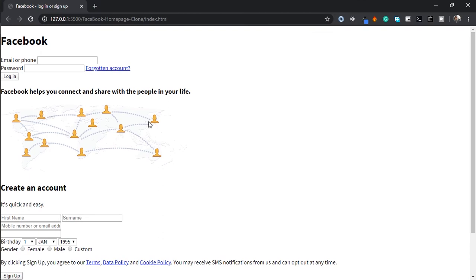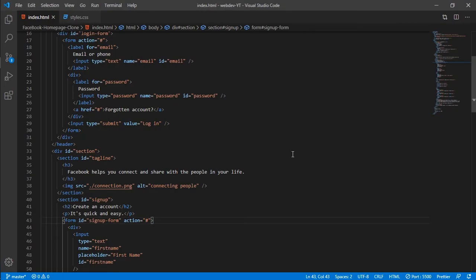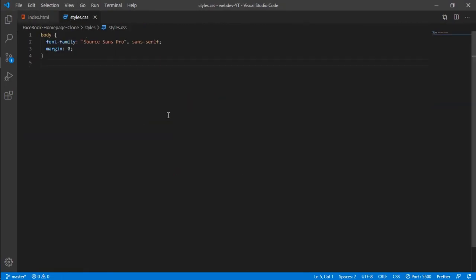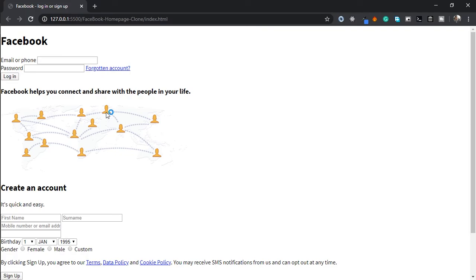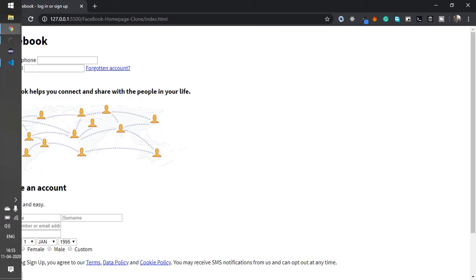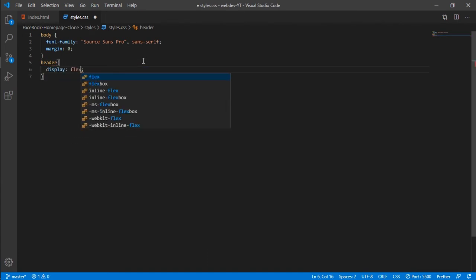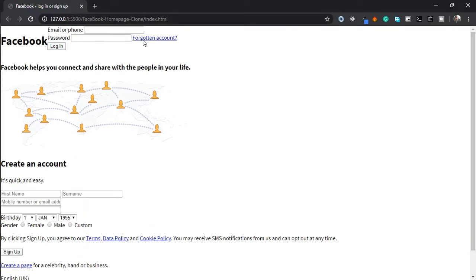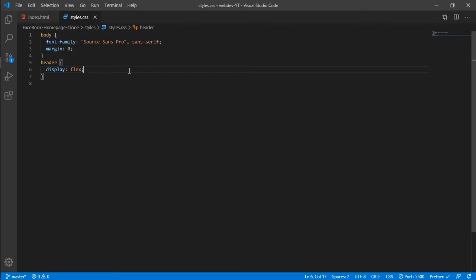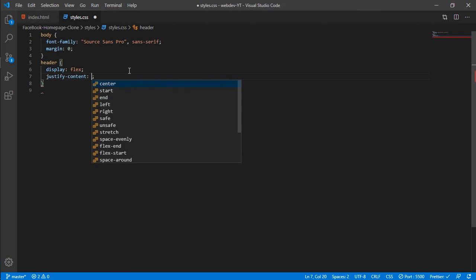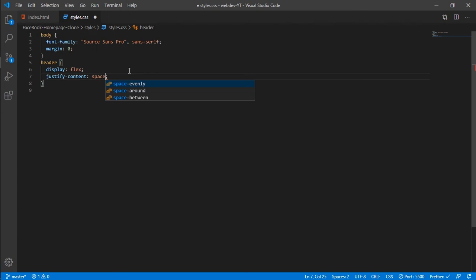Now, let's start with the header. Okay, let's go to the styles.css and let's see. We have this, our header. Let's make that display as flex. Header display flex. Good. Now let's justify content space between,